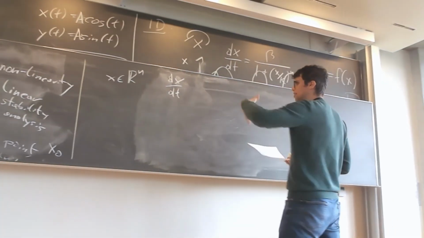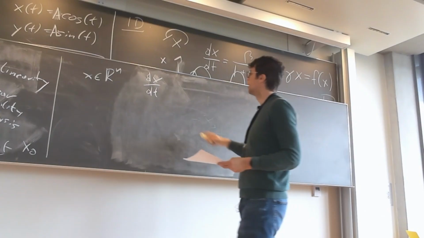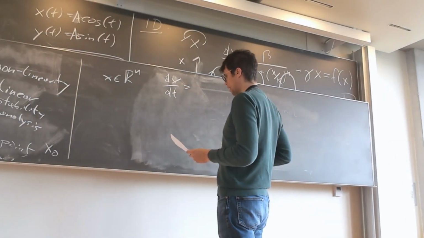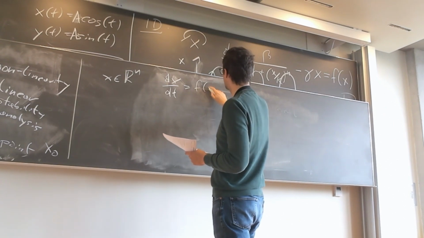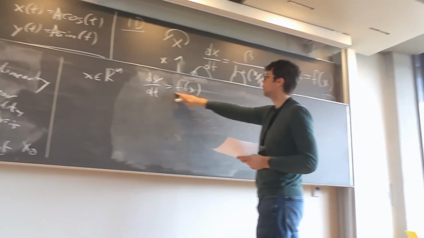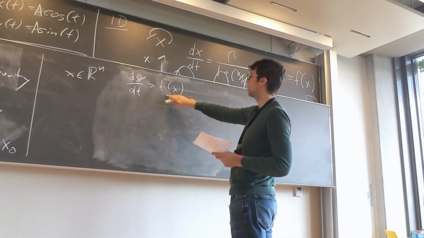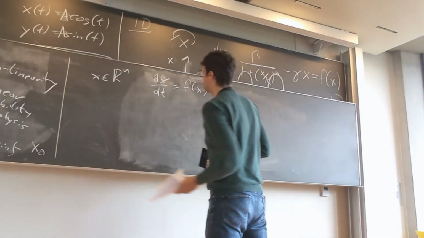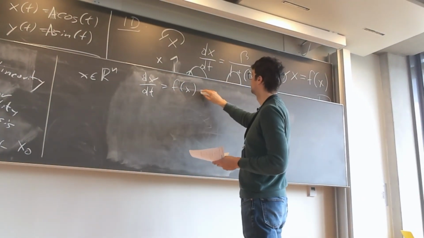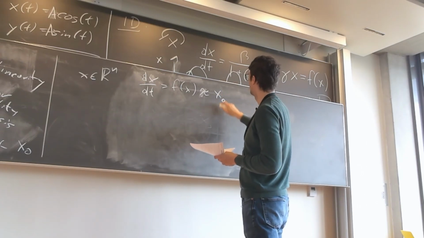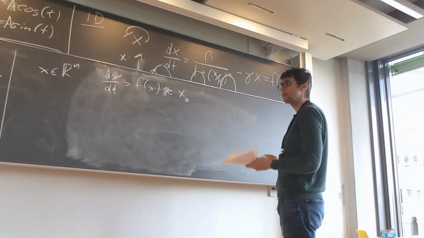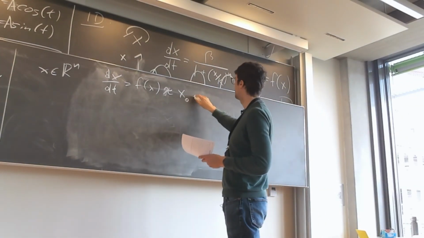So it might be x, y's, and z's, and whatever. OK, and this of course is f of x, and now you're linearly approximating this f of x around our fixed point x0. So this might be close to being f of x0, which is zero because it's a fixed point. And then you have